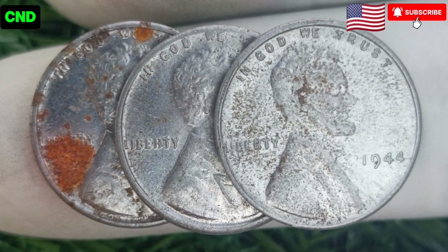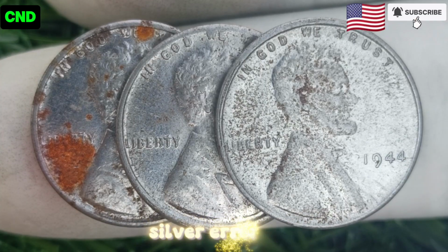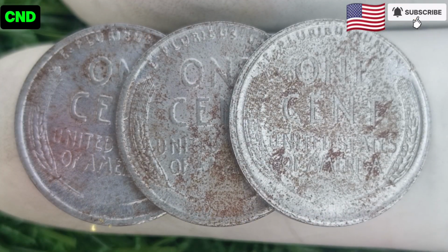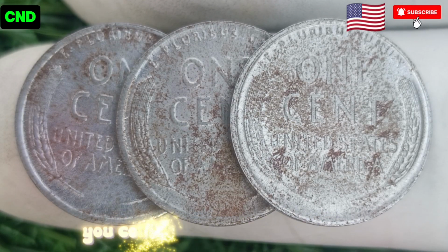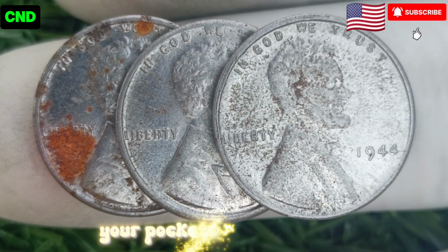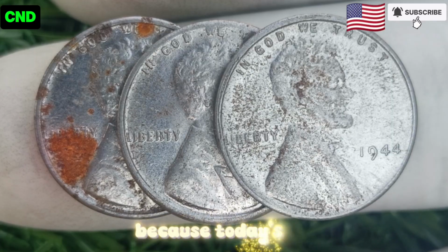Yes. Some rare Lincoln wheat pennies, including extremely rare silver errors, have shocked collectors with unbelievable auction prices. These tiny coins may look ordinary, but if you know what to look for, you could discover a hidden treasure worth thousands of dollars. Check your pockets, your piggy bank, and your grandparents' old coin jars, because today's information could make